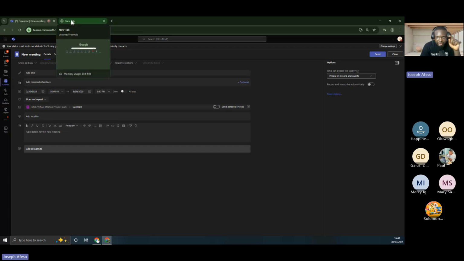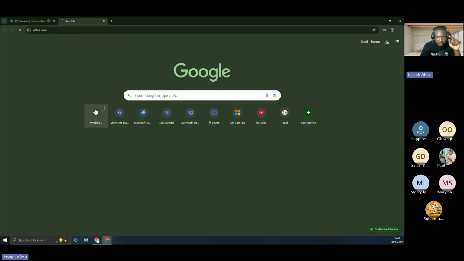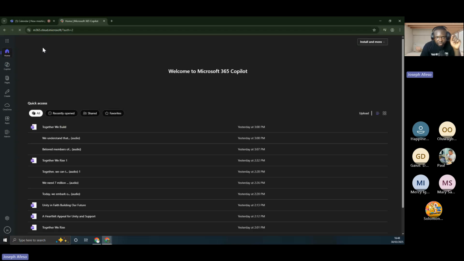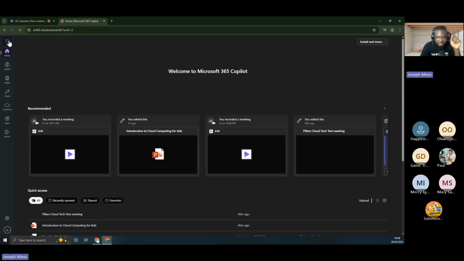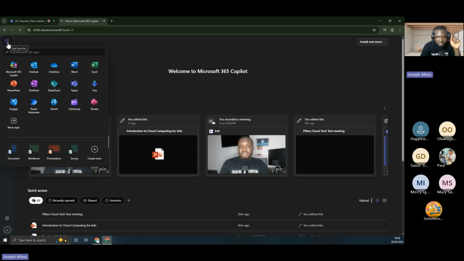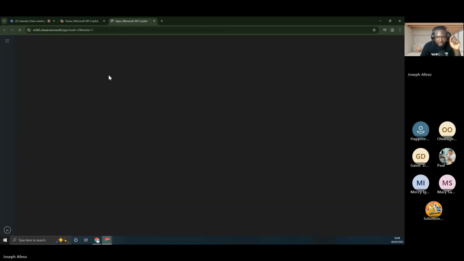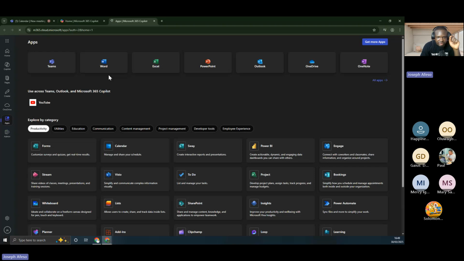And I must really emphasize that it is important that you know where your meeting recordings are saved, because when someone is telling you that meeting recordings are missing, if you do not know where those are saved, you will be in a state of confusion. It is important that I mention at this point that meetings that are scheduled from calendar have their recordings saved to the OneDrive of the meeting organizer.